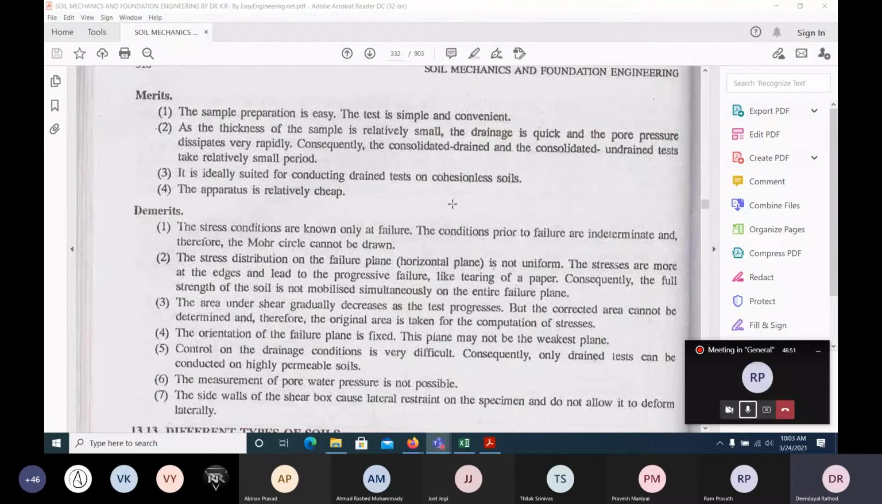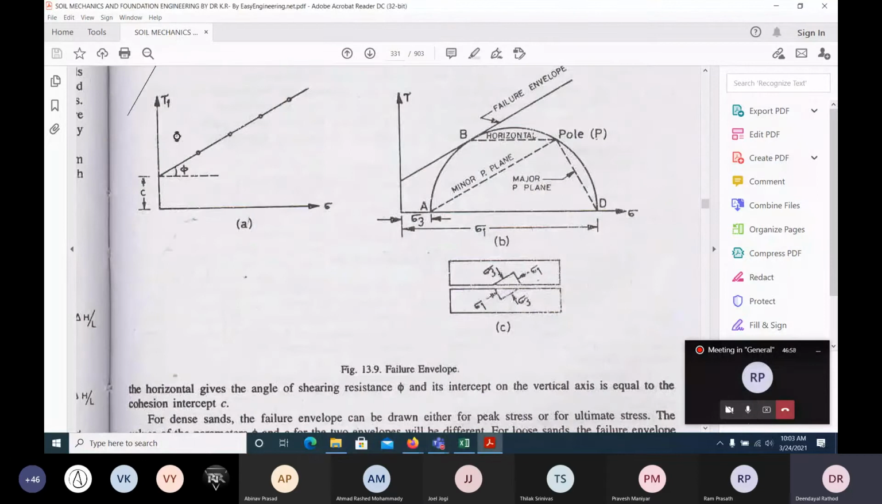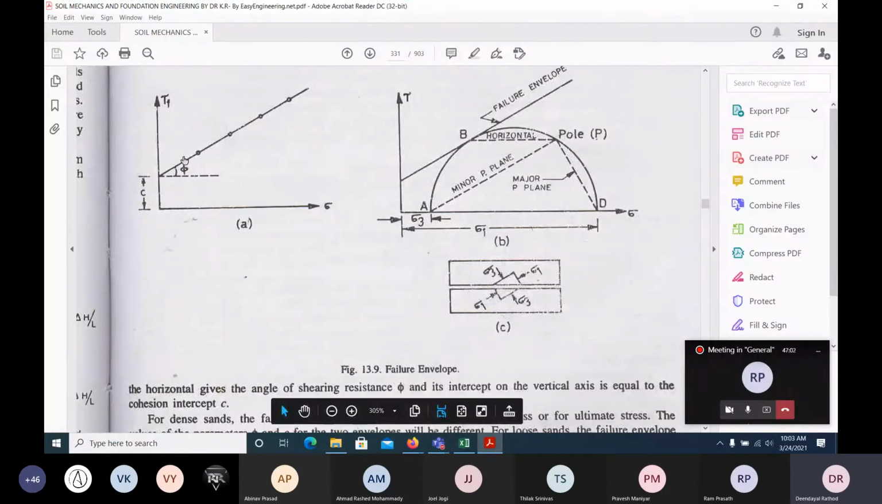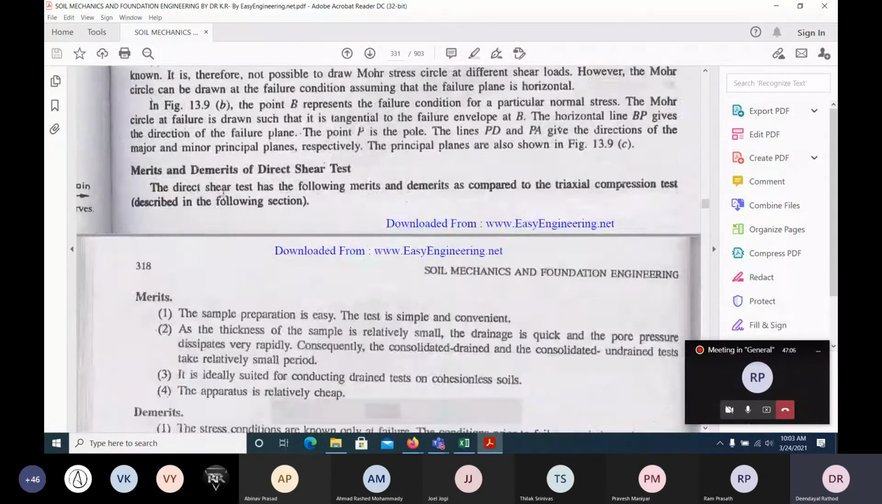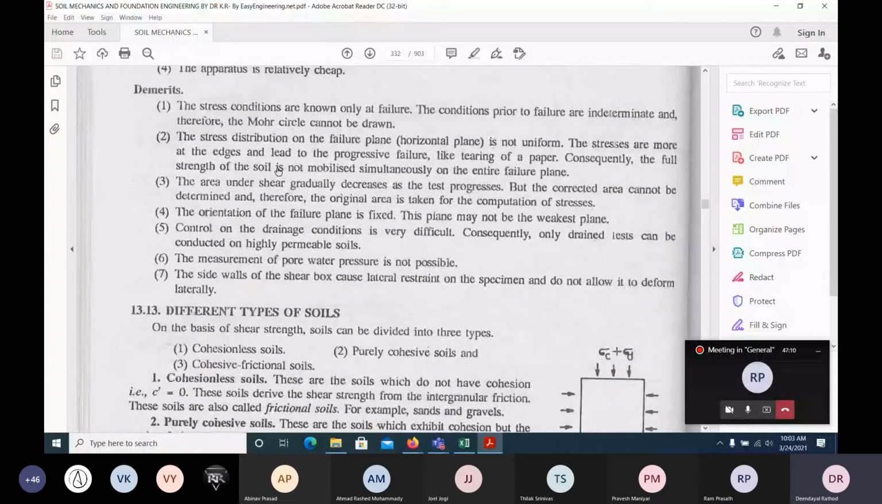How can we draw the Mohr circle? Because we are applying normal stress, all we can do here is draw the normal stress and shear stress and the failure envelope, and C and phi we can find out. Okay. Next,